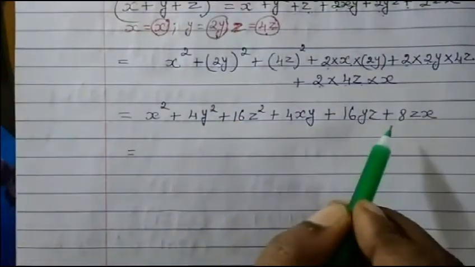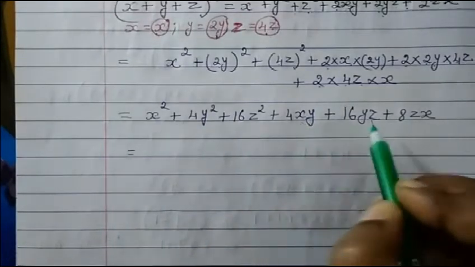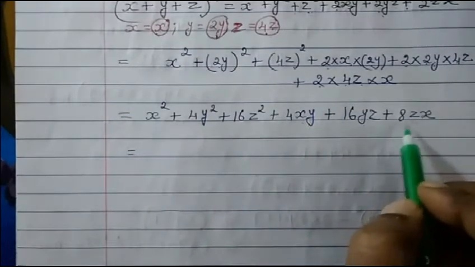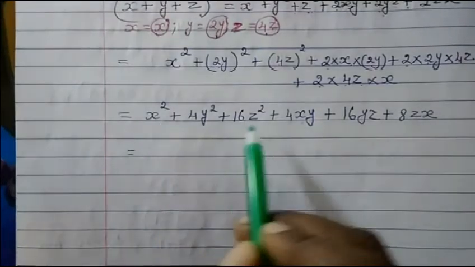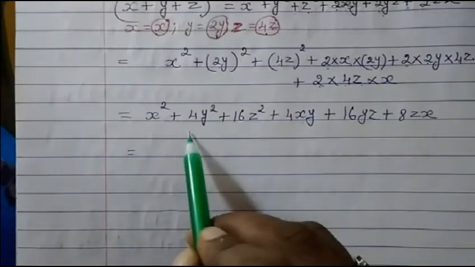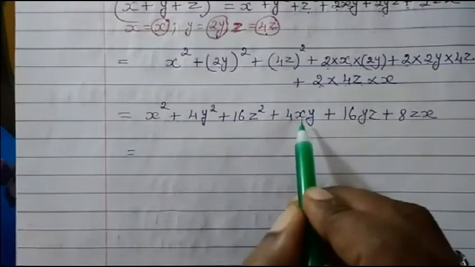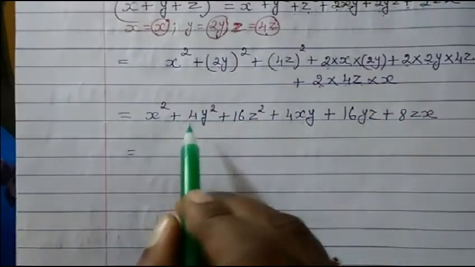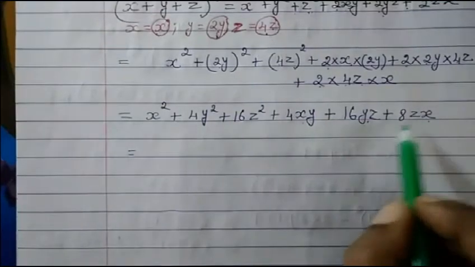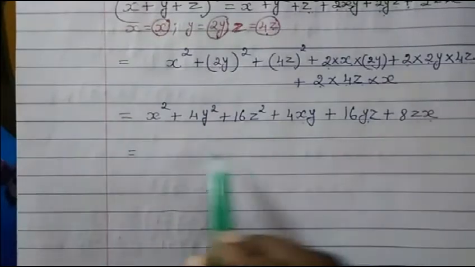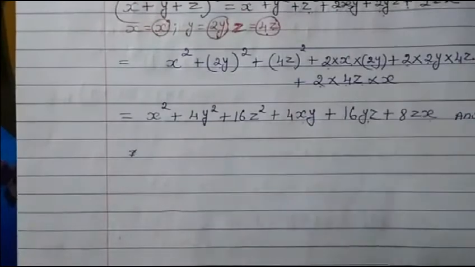Now what else? Can we do anything else now? We have 4y square, z square, this is xy, this is yz, this is zx. More than this, I don't think we can reduce because all are different categories. Nothing we can add with anybody because this is x, this is y, this is z, and this is xy. So xy we cannot add with anything here. This is yz, yz also we can't add with anyone. Zx also we can't add with anyone. So this remains our answer. So this is our answer.